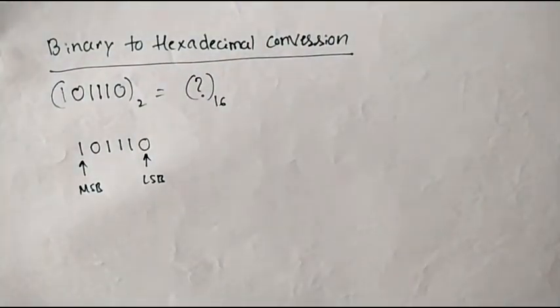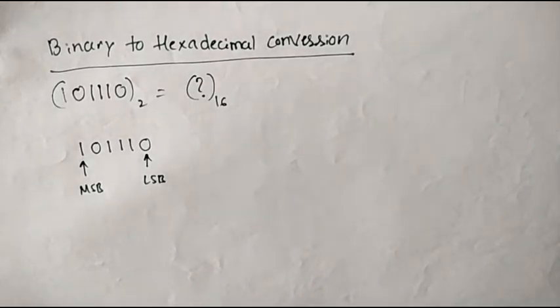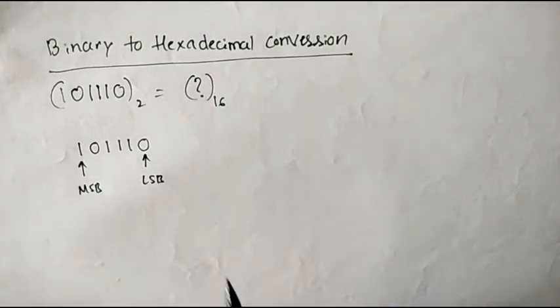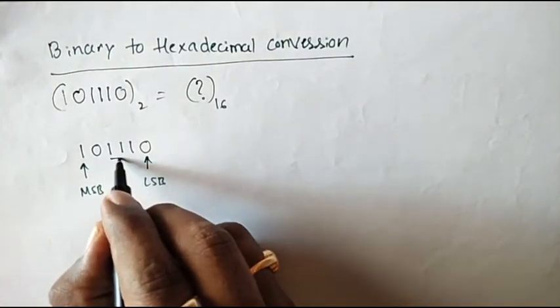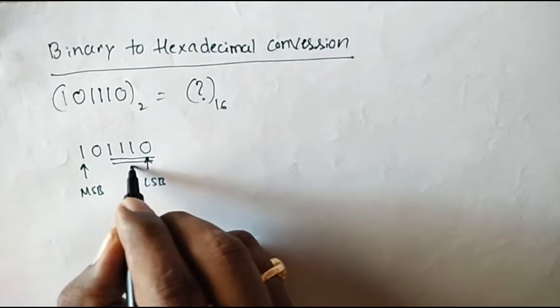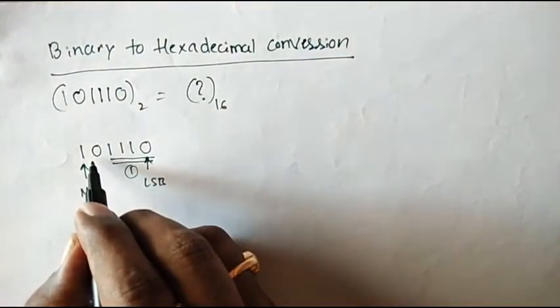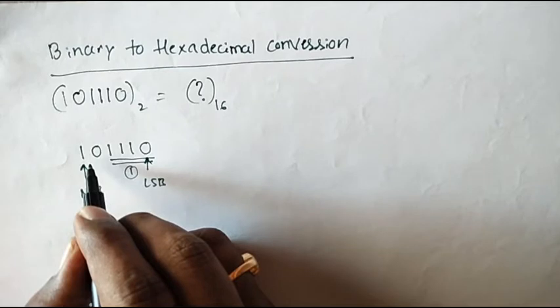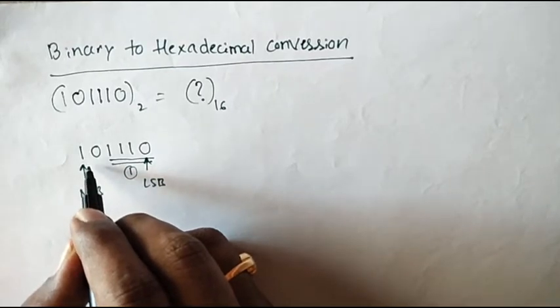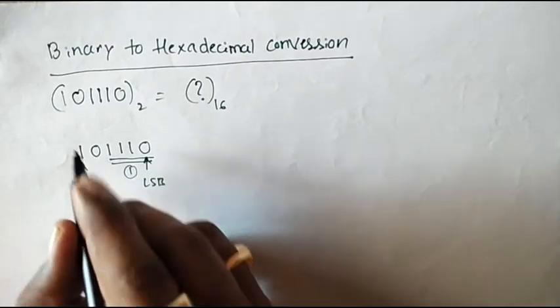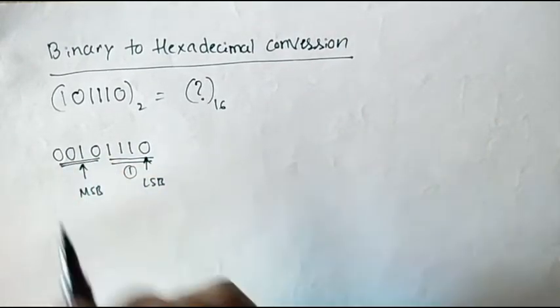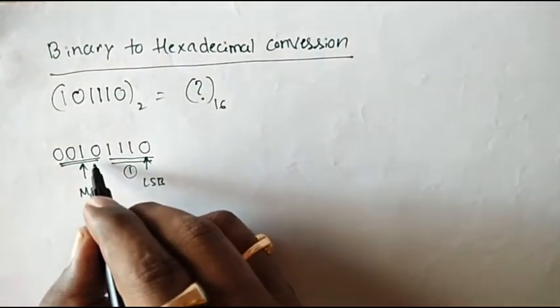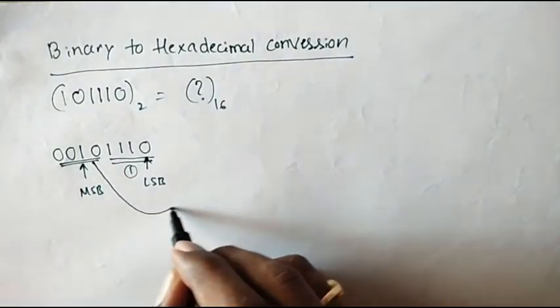While converting to hexadecimal, we are supposed to do the grouping of 4 bits in binary, starting from the LSB. So consider the first 4 bits, I'll call it the first group. Next make one more group considering 4 bits. Here we have 2 bits, so add 2 more zeros as a prefix and make this another group.